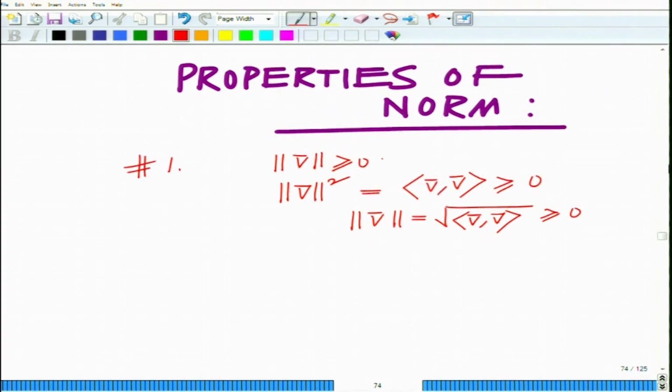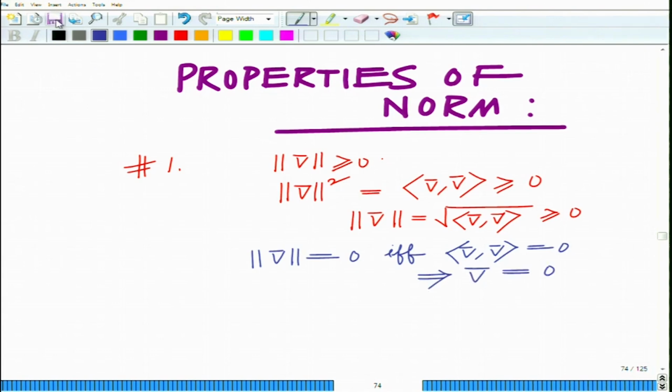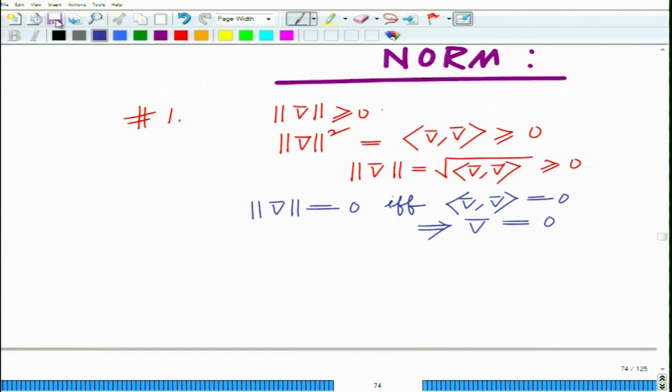In fact, norm v bar equals 0 if and only if the inner product between v bar and itself equals 0, which implies, as we have seen, that the inner product is 0 only when the inner product of v bar with itself is 0, only when